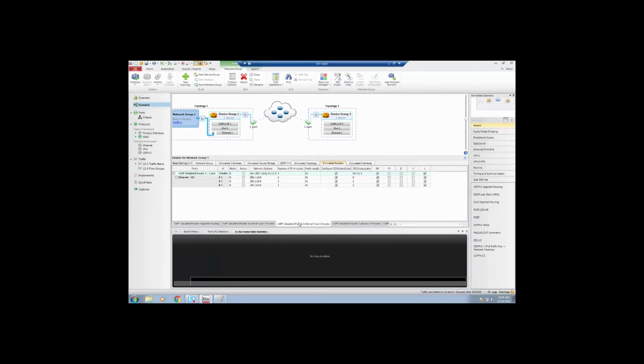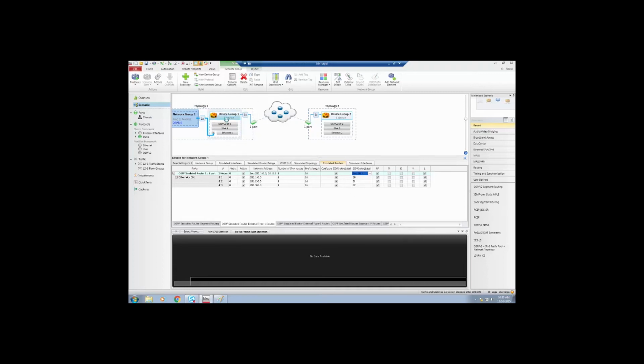Then come to the next one, we can keep it as it is for now. Then summary IP, let us configure this, and this one let us configure maybe 25 onwards, like this. 2 routes we have configured. So what we have done is we have enabled segment routing in the emulated router, and also in the simulated router we have enabled segment routing. We have configured the label values